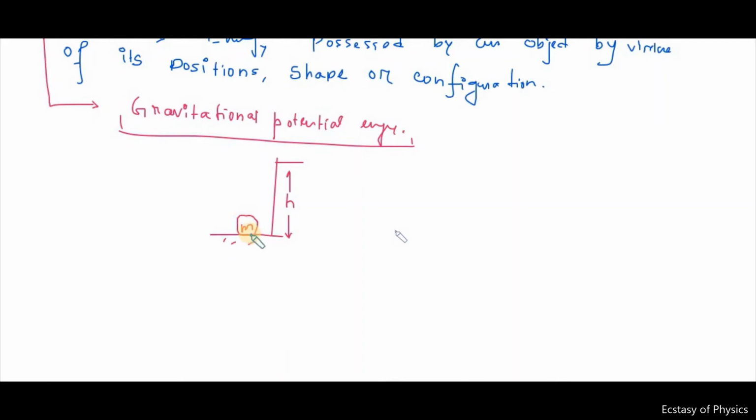Now the gravitational force exerted on the object is Fg downward, and the displacement is upward. So the amount of work done on the object can be represented as the gravitational force times the displacement, Fg times s,